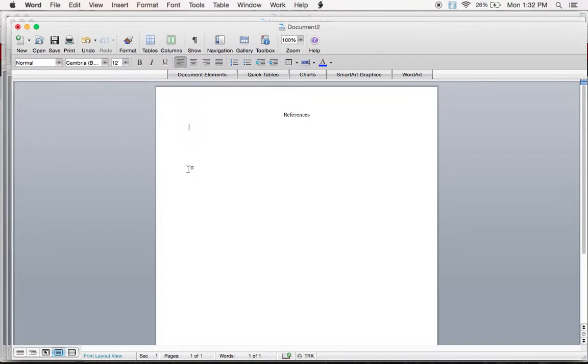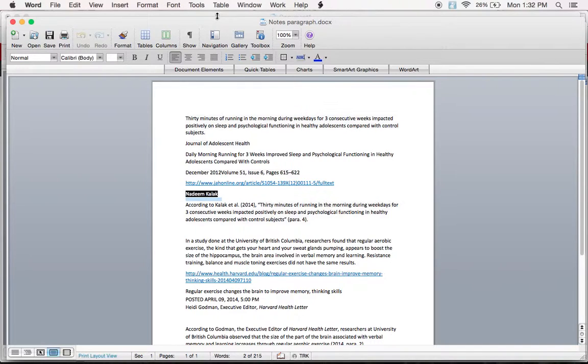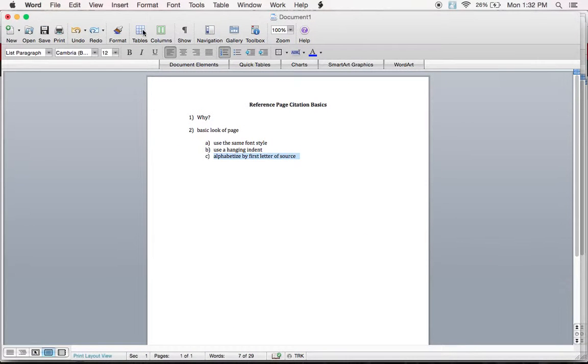You're usually going to alphabetize by the first letter of the author's last name. But regardless, it's the first letter of the source entry. That being said, I really want to emphasize, use your resources. Don't anticipate that you're going to memorize all of this. There are so many different types of sources. It's really unlikely that we're going to be able to memorize every one. So what I do is I just make sure I have good resources on hand.